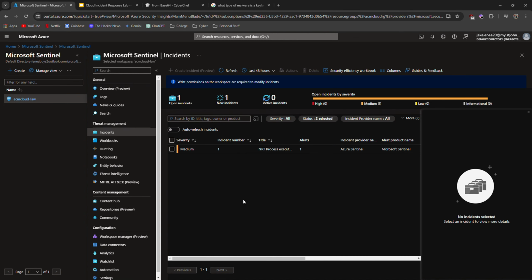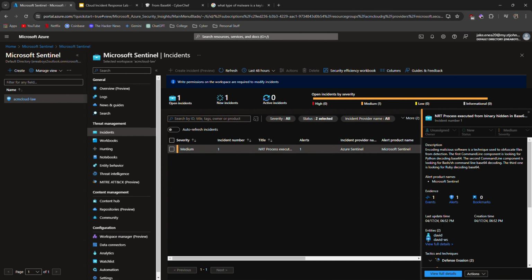Back in Sentinel now, we can begin working on figuring out who performed this incident. Now, we were briefed that David claims that he was not logged into his machine at the time of the incident, the time of the incident being 6:52 p.m. on Wednesday, April 17th. Knowing that, we can start digging a little bit deeper into figuring out who was actually logged into the machine